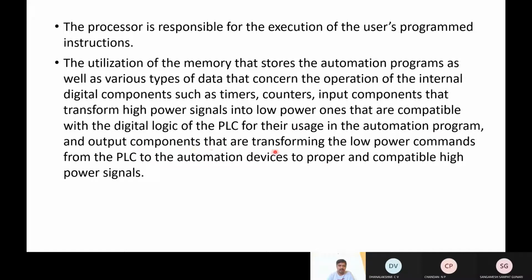Output components transform the low power command, that is from 5 volts, from the PLC to automation devices, like switching a machine or motor on or off, or extension or retraction strokes of cylinders. It can be anything, so automation devices get proper and compatible high power signals.